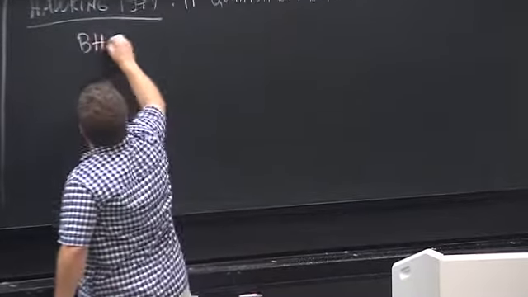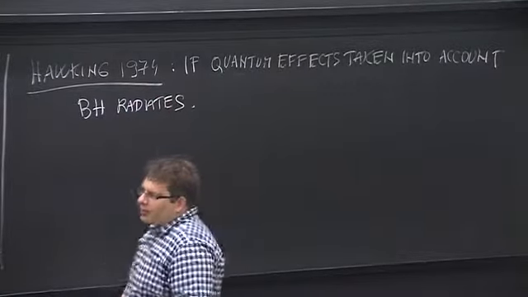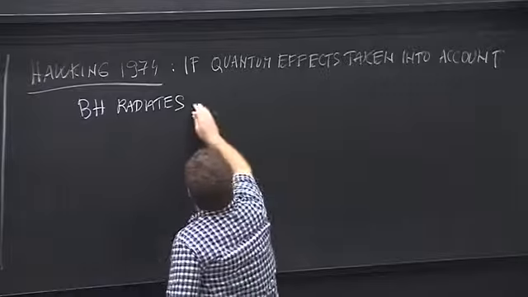In his approximation, the radiation is the simplest possible one. It radiates as a black body